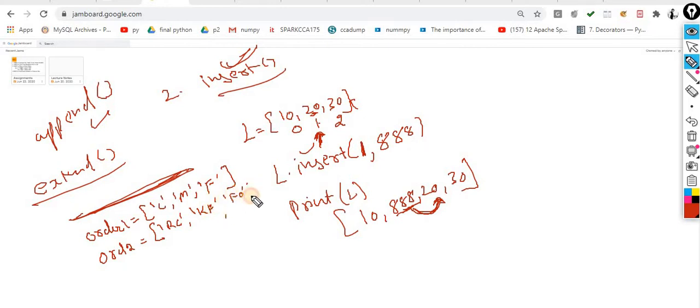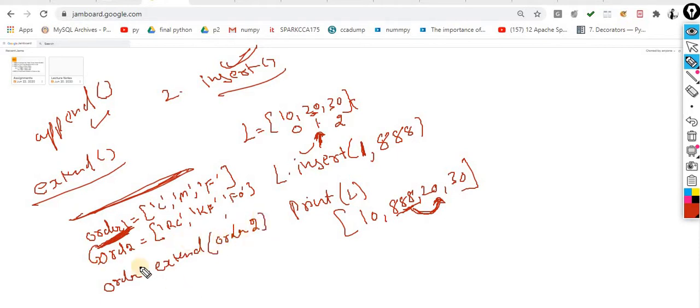Now what do you want to do? You want to extend order 1 with order 2. That is your problem statement. For the same, very simple, order1.extend. Extend is a function or method, and what you want to extend is order 2.